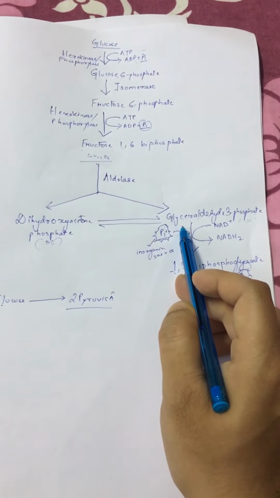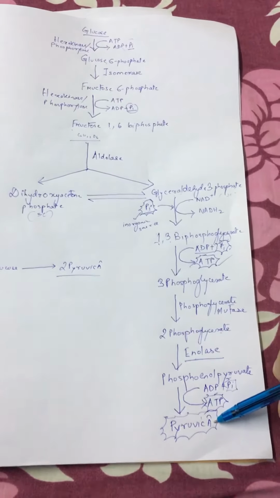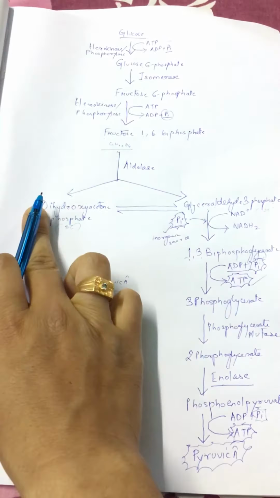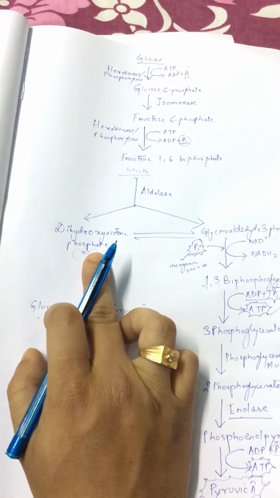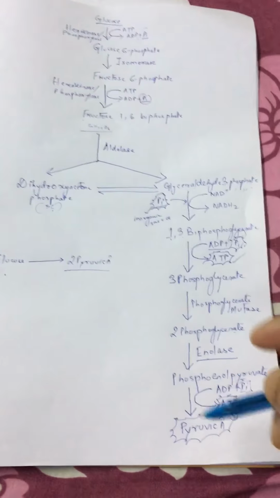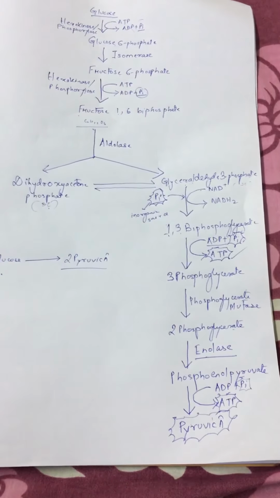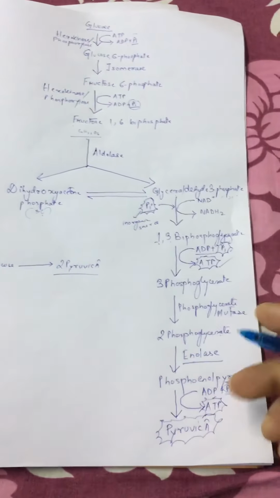Let me explain once. I have discussed what will happen with glyceraldehyde 3-phosphate and how we will get one pyruvic acid, but we have not considered the dihydroxyacetone phosphate. Now what will happen with this dihydroxyacetone phosphate? It will convert into glyceraldehyde 3-phosphate, and again these reactions will continue once. That means we will again get one more pyruvic acid. So that's how we will obtain 2 pyruvic acid, and again in these reactions we will be getting 2